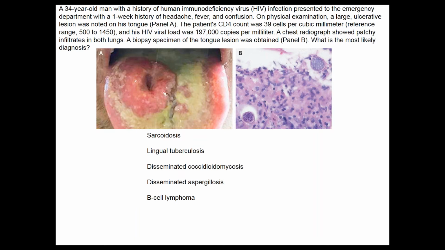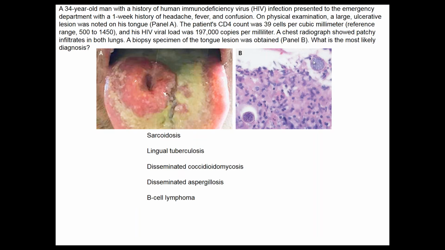If we look at this lesion on his tongue, looks like it was a good idea that it was biopsied. And we can look at the histological section from this biopsy. He also has a chest x-ray done that we can't see, and he has bilateral infiltrates in both lungs. And if we look at this lesion, it looks like a bunch of round cell infiltrate here, and then there